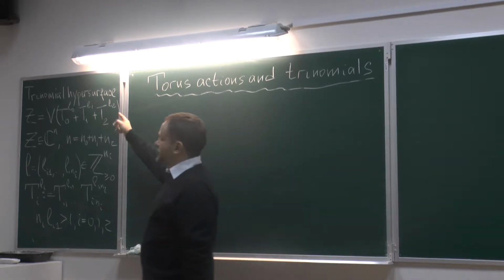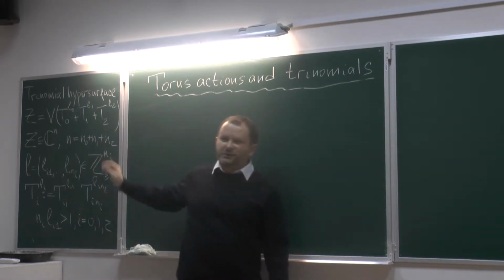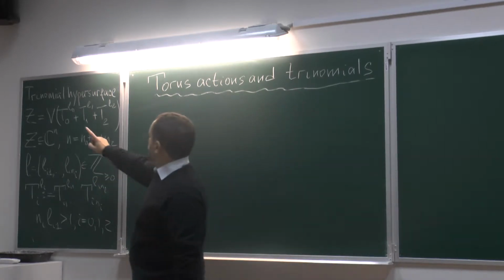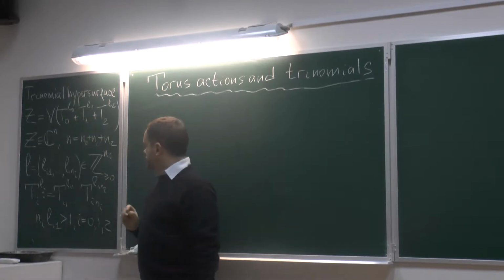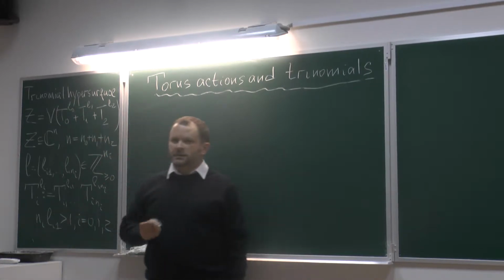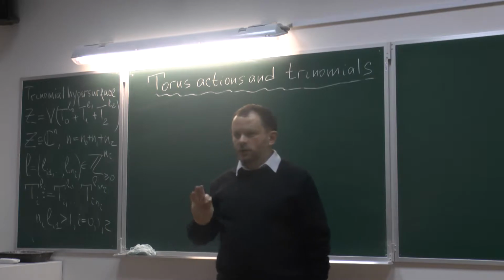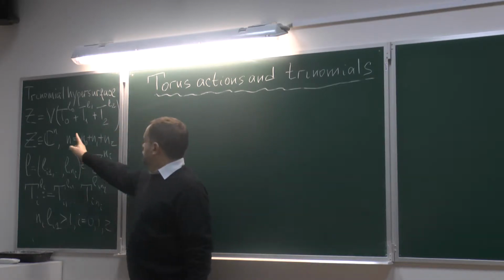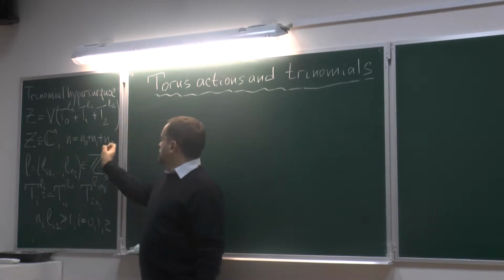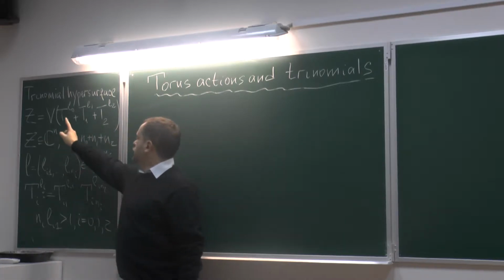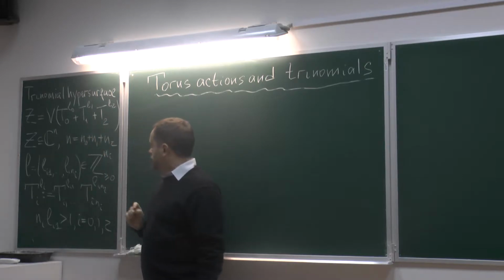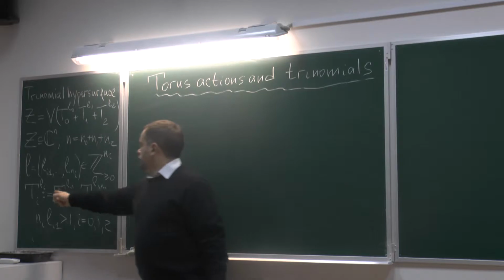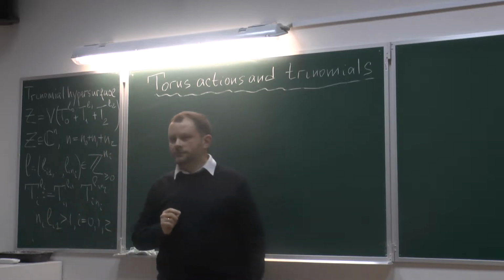Here I prepared in advance, because time is limited, just to not erase this part and to fix my notation. So my polynomial consists of 3 terms, and each term depends on its individual variables. So variables are split, no common variables in different terms. So dimension is n, and this is the sum of 3 numbers, the number of variables here, here, and here. Also, I fix exponents for each term. This is the definition of my term.